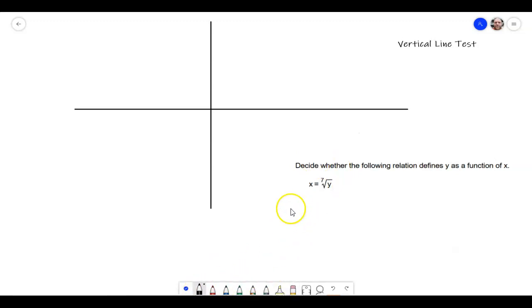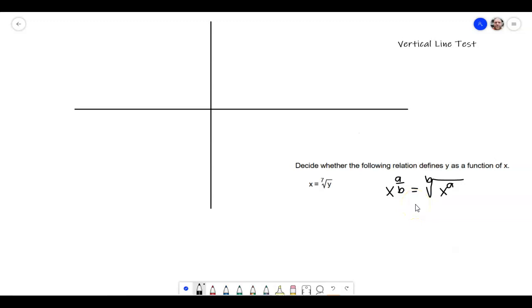So the first thing I want to do is rewrite this and convert this from a radical to an exponent. And the way to do that is if we have x to the a over b, that's going to be equal to the b root of x to the a. So I can go back and forth between these two,